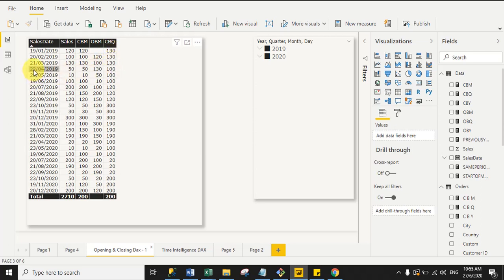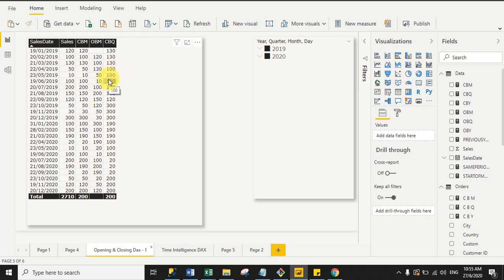Now move to the next quarter. Quarter 2 ends with June. You can see here April, May, June, and in June the last day sale is on 19 June, and for 19 June we have a sales value of 100. So that's why for the second quarter, that means April, May, June, it will return 100.